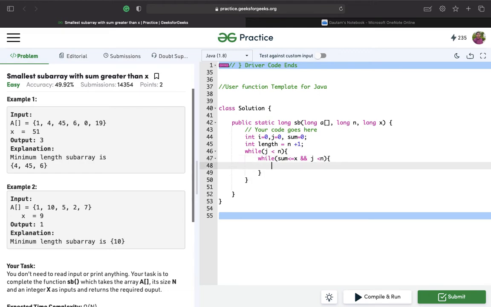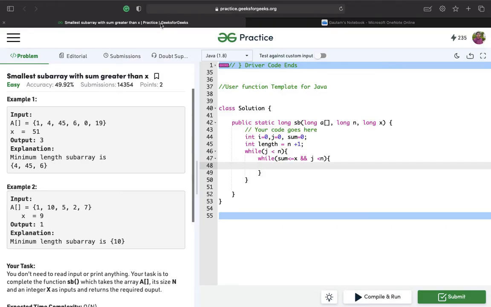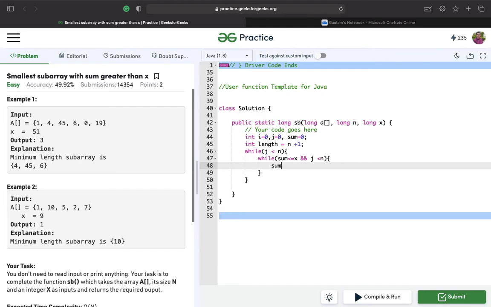If that's the case, if the sum value is less than x, we'll need to increment j's value. Have you understood that? If the current sum of elements between i and j is less than x, we need to increment j, and we'll keep adding that in the sum because at last we need to find the sum to check it.